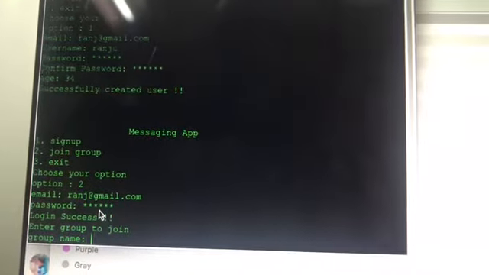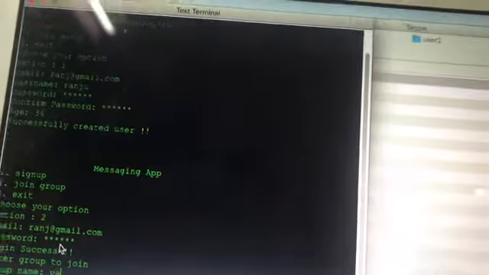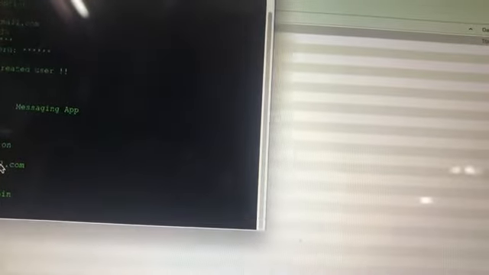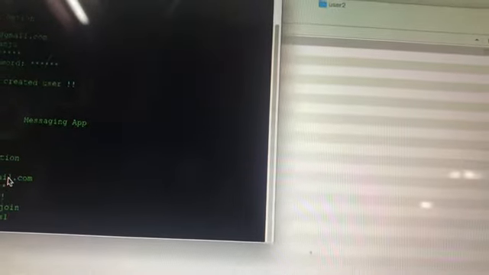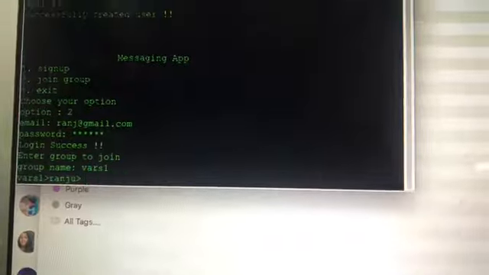Password ABC123, and it is asking to enter the group to join. So I am going to give the same group which we created for the first user. Okay, so it is showing that it has entered the group and is showing Wars 1 Ranju.